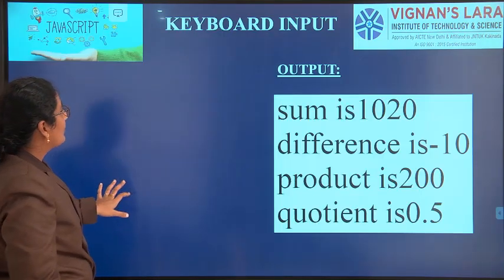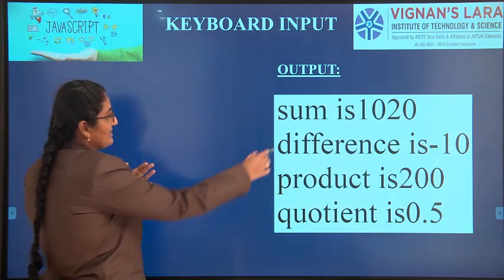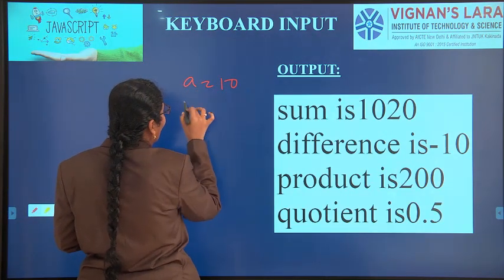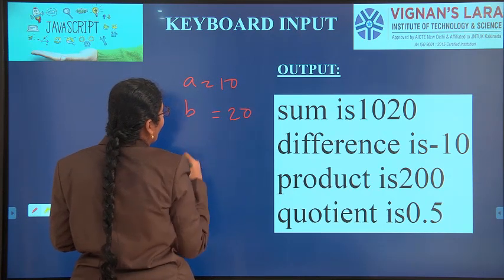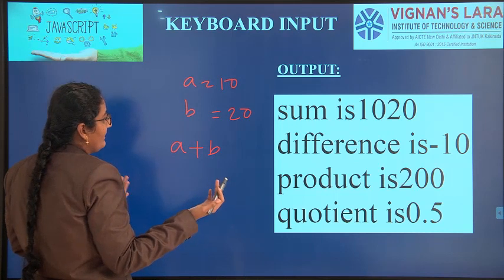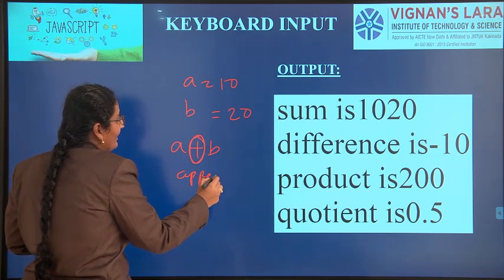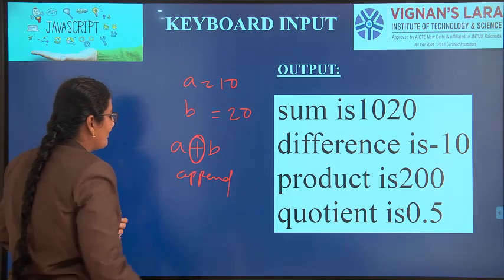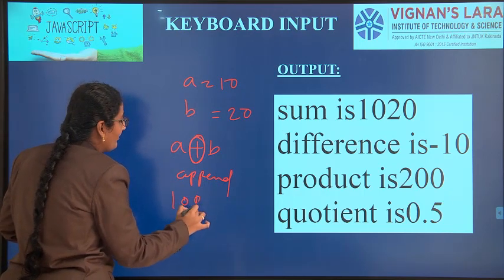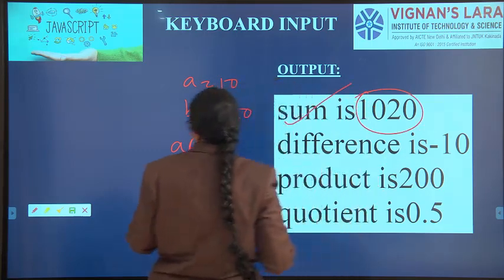Simple. So next, see this is the output. Till now what I have told, this is the output. A equal to 10 I have given, B equal to 20 I have given, A plus B I have given. I have not converted them into integers, so it has taken the plus as an append symbol. The computer considered it as an append symbol, so A is 10, appending 20 to that. It appended and gave the output like this. You should clearly understand this.